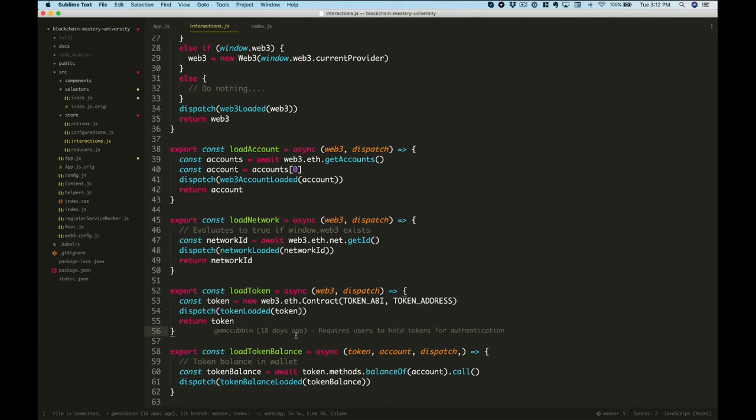All right. So when we load this token, we're pulling it from the blockchain. In order to create a JavaScript version of the smart contract, we need two pieces of information. We need the ABI. This is basically the JSON description of what the token looks like, and then also the address. So that's the address where it's located on the blockchain, and that's what we actually need to change. So the cool thing is whenever we deploy the smart contract to different environments, whether it's Ganache, the development blockchain, or